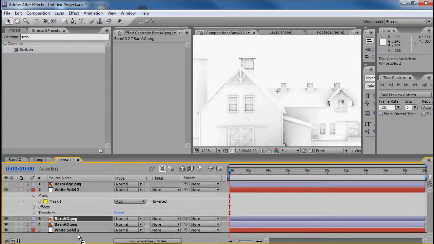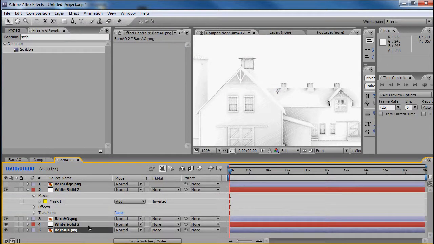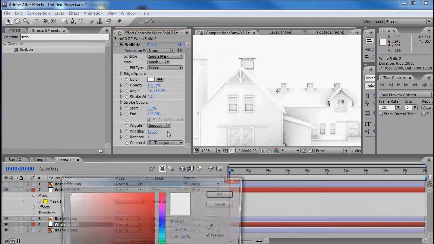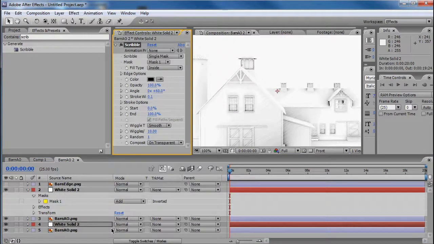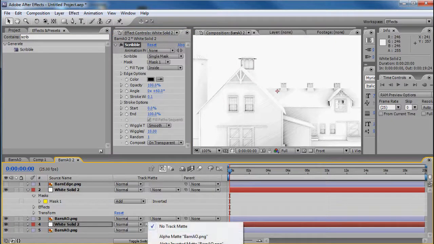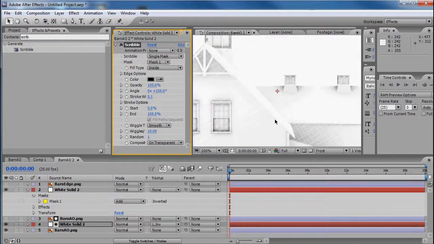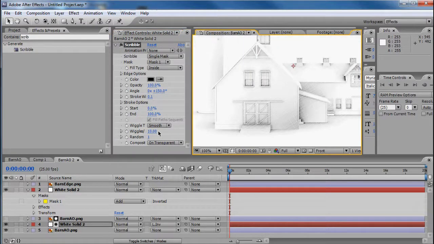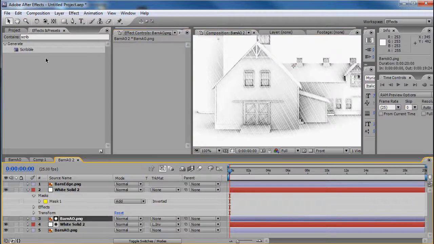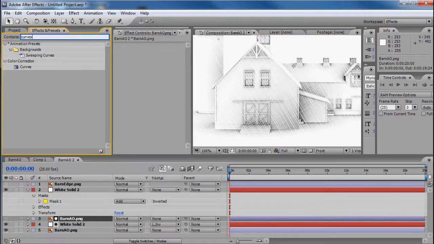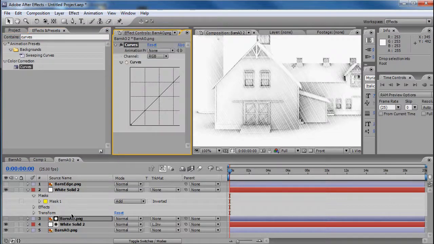It's not too exciting yet, so let's duplicate this white solid and drag it below the barn AO, duplicate the barn AO, and set the scribble to black, and choose the Luma inverted track matte, and also change the angle by 90 degrees, so it's 150 now, and you can play around with the stroke width, and also you can add some curves on this layer,